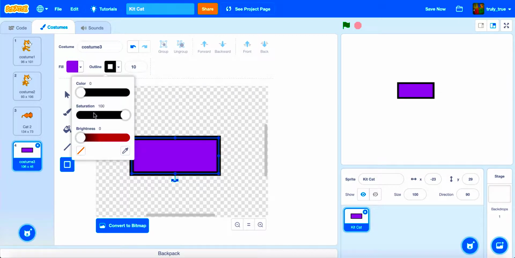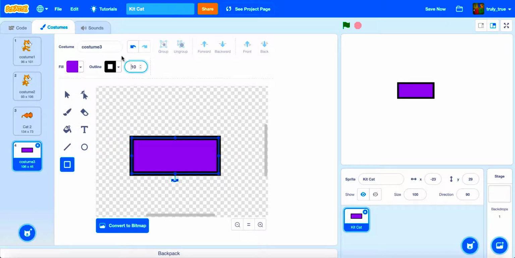The outline has the same color menu, and this icon makes it transparent, the white square with the red line in it, and the color dropper icon, it looks like an eyedropper, that icon allows you to pick a color from your costume canvas. To change the thickness of your rectangle, line, or circle, simply double click this number at